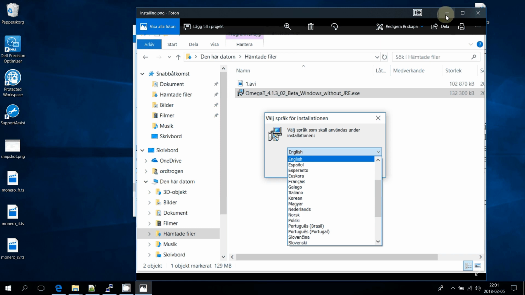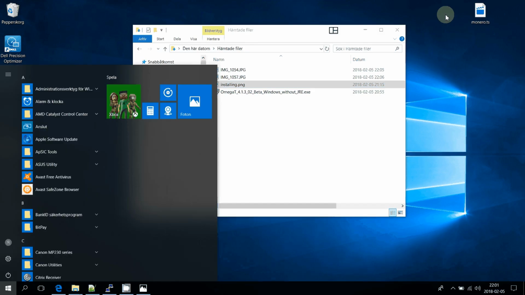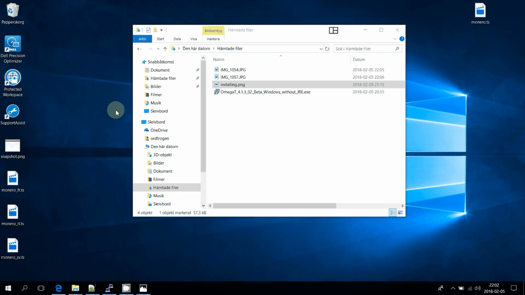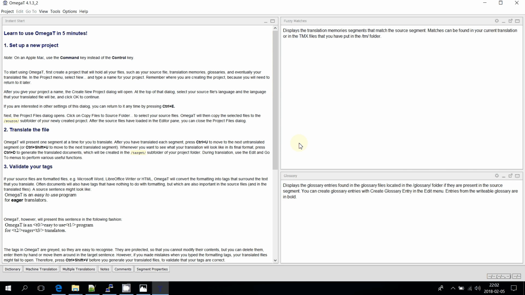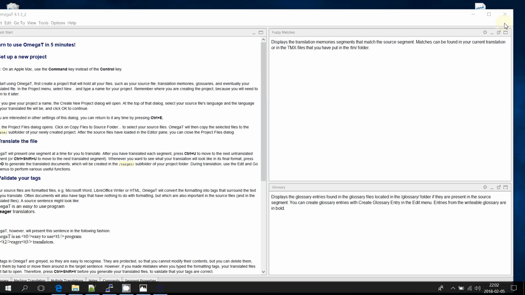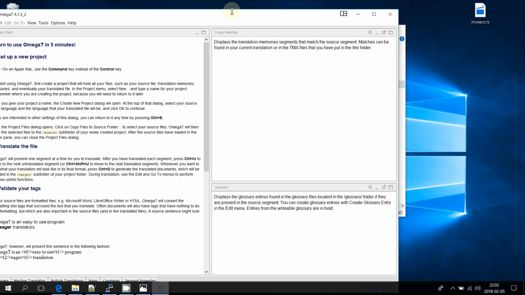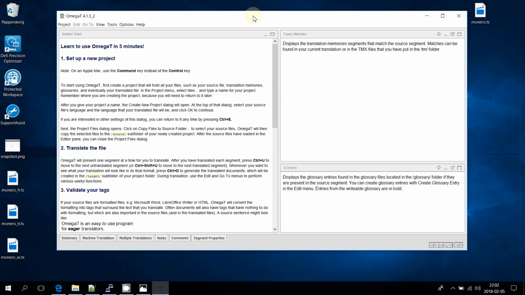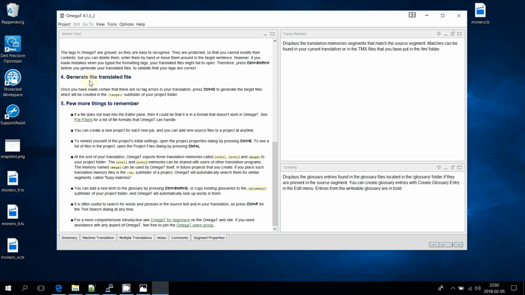And once you have installed it, it's available in the start menu, and you can click there to start it. And this is what it looks like when it appears on screen. So we could make it a little bit smaller. So here is the program, and now, as you can see, it's all in English because I chose English when I installed it. And directly here in this editor pane,